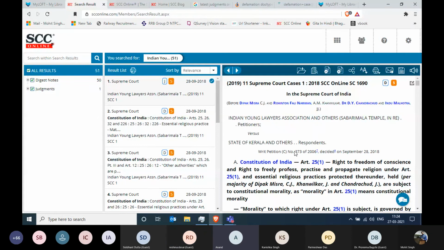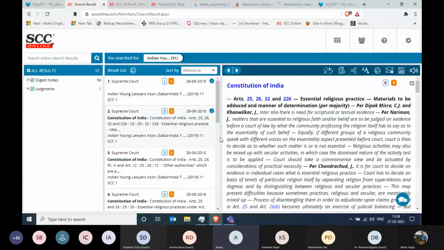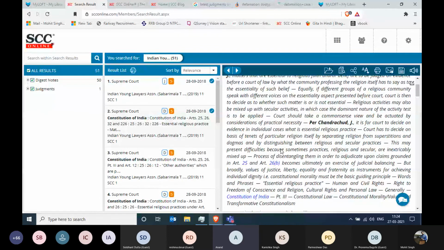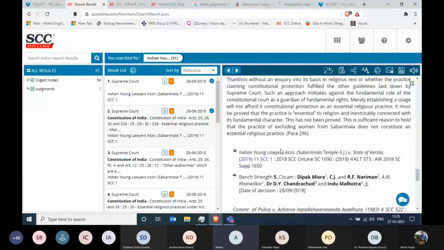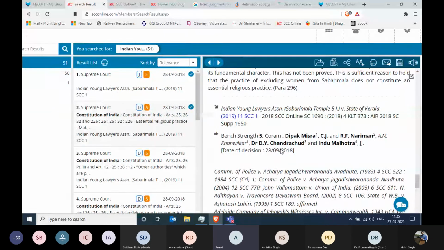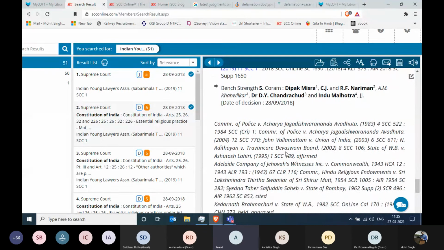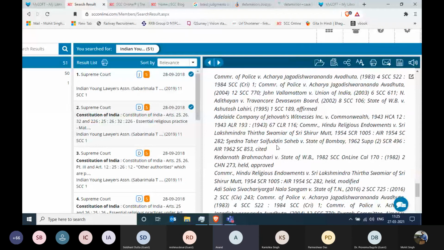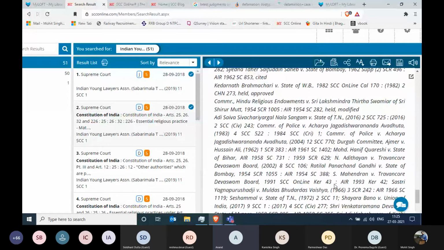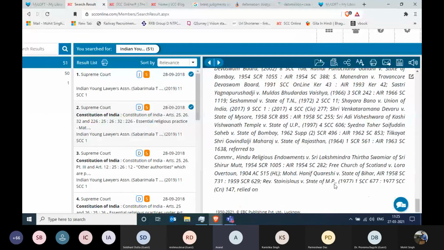Correct. For that, you would not see any red exclamatory mark. What you'll see is the digest notes. In the digest notes, you'll go to the last footnotes, and in the footnotes, right below the judgments citations, you will see that in this particular case, these many judgments have been affirmed, these many have been cited, approved, modified, and I believe we can also see the overruled part.